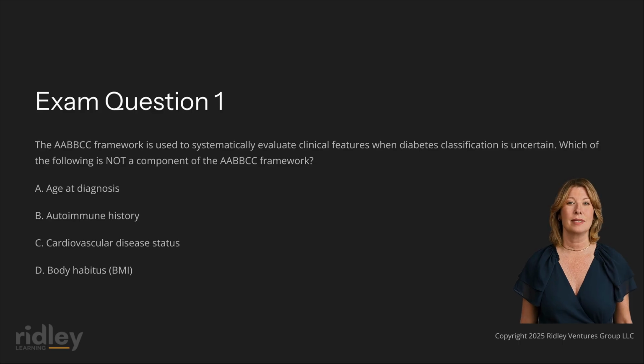The AABBCC framework is a clinical mnemonic designed to help clinicians differentiate between type 1 and type 2 diabetes in ambiguous presentations. Each letter represents a specific criterion: age at diagnosis, with younger age below 35 years favoring type 1, autoimmune history, including personal or family history of autoimmune conditions, body habitus, with lower BMI below 25 suggesting type 1, background family history of type 1 diabetes specifically, inability to achieve glycemic control on non-insulin therapies, and comorbidities such as